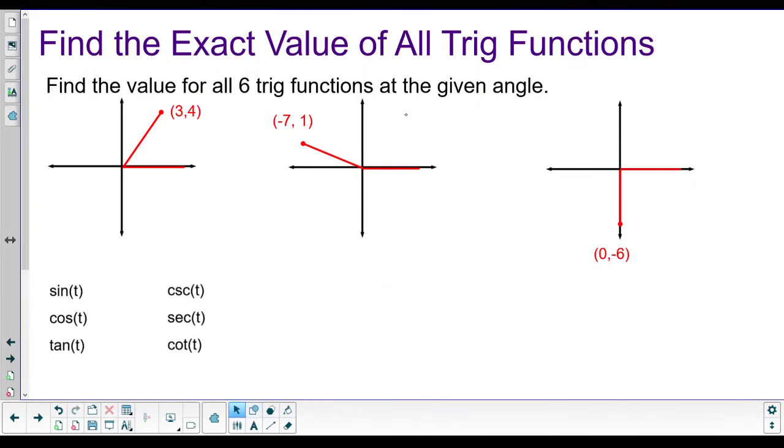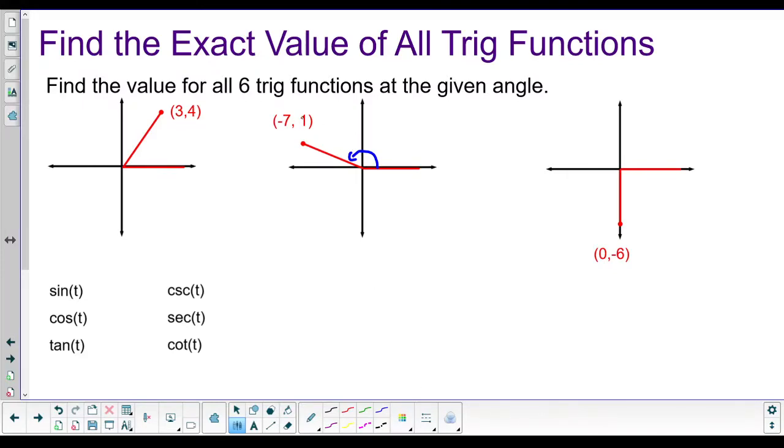Okay, so now we're going to look at this one. I'm actually not going to move it. I'm going to leave it where it's at so I still have workspace. All right, so the angle we are looking at is this angle right here. And you're going to go, wait a second. That's not a right triangle. What the heck? Okay, but we can turn this into a right triangle by looking at just the x and